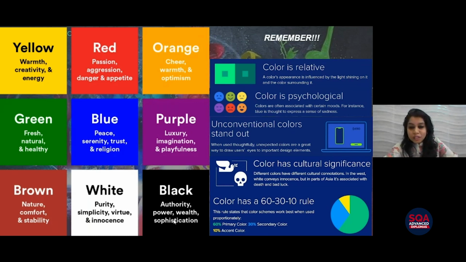Now, the color wheel that I spoke about follows a thumb rule, which is the 60-30-10 rule, which means that 60% of the color wheel is the primary color, 30% is the secondary color, and the 10% that you see is the remaining adjacent colors. Now, 60% primary color in itself talks about how primary colors are the purest forms of colors. You cannot mix any other color to get a primary color. Whereas if you mix the primary colors, you get the secondary colors and the tertiary colors and so on. So this is the thumb rule that the color wheel follows.